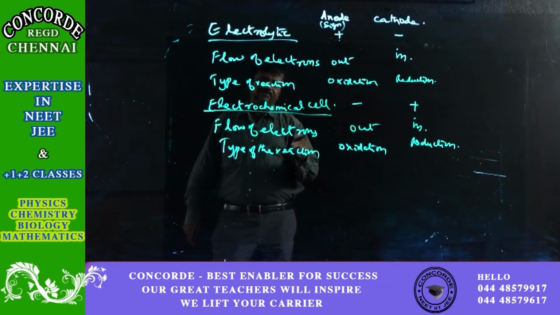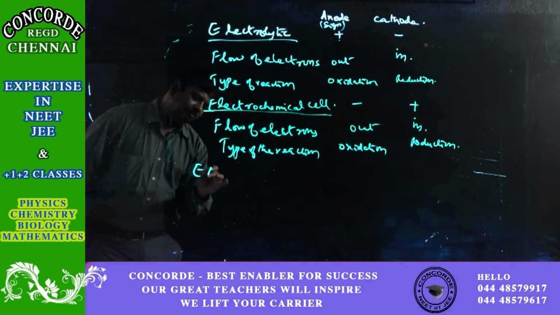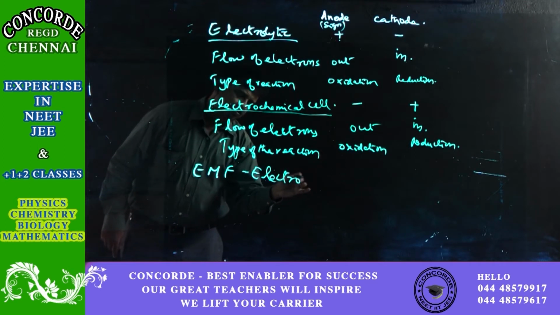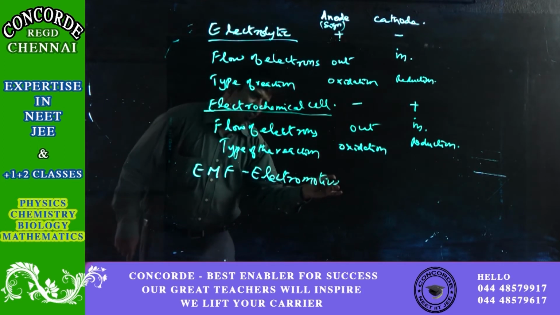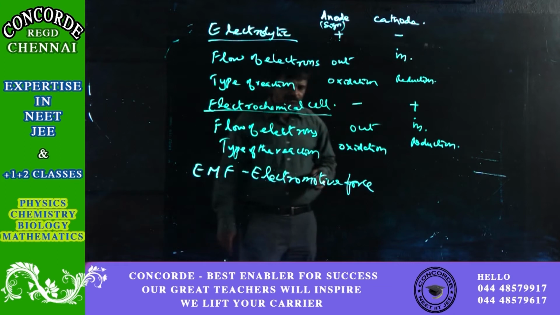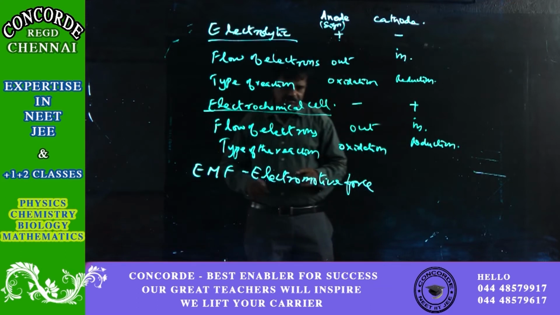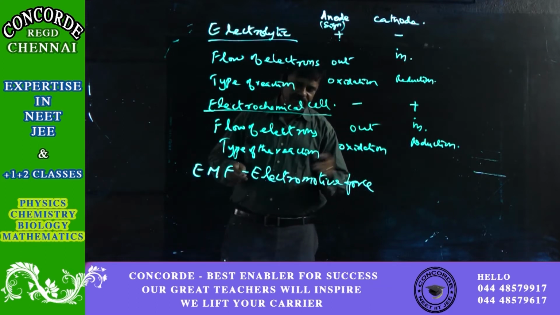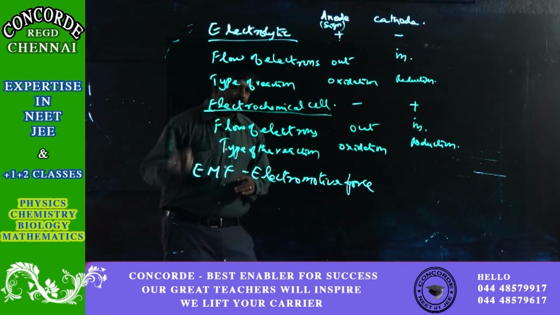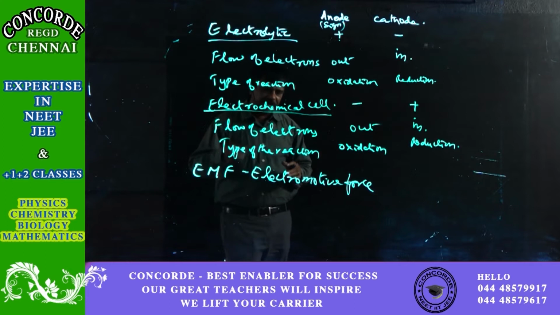Now, having defined the electrochemical cell, we should know what EMF is. EMF is electromotive force. The name itself suggests it: electro means electron, motive means movement, and force means the force at which the electrons move. Here in the electrochemical cells, the movement happens from anode to cathode. So EMF will be the flow of electrons